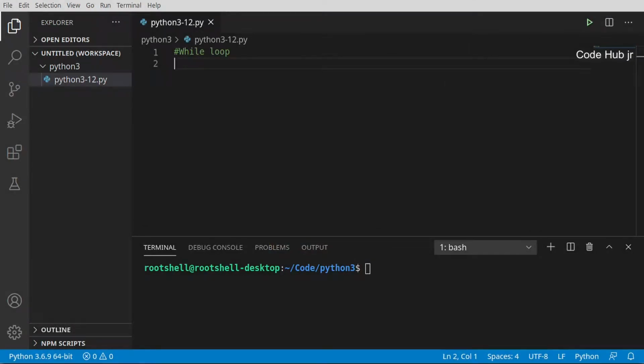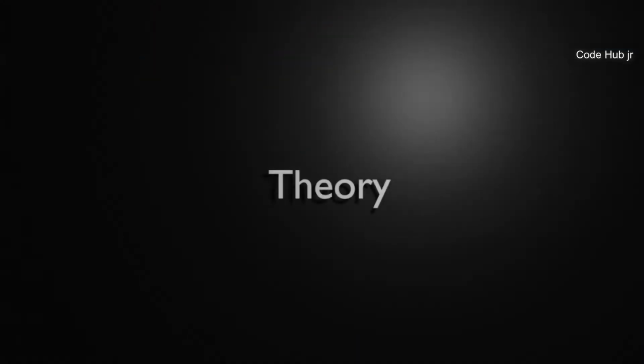Let's continue our journey into Python 3. We're going to talk about the while loop. This is basic flow control, and it's going to prove a point. Your computer is very stupid. And yes, I said what I said. Your computer is just very dumb, and we're going to prove that. So a loop is just simply completing code over and over and over again until you tell it to stop, because the computer isn't smart enough to know when to quit. Let's take a look.